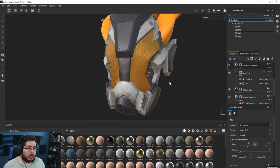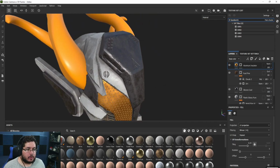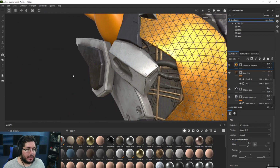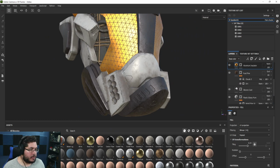So now I want to talk about anchor points. Anchor points are one of those things that are really important for adding extra details. You guys remember how we added all of these extra details on the helmet? One thing that we can definitely do, by the way, if I remember correctly,